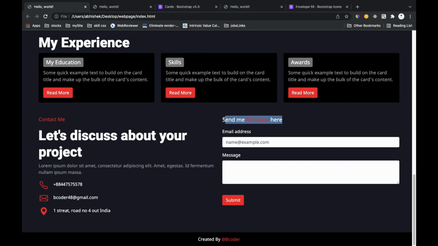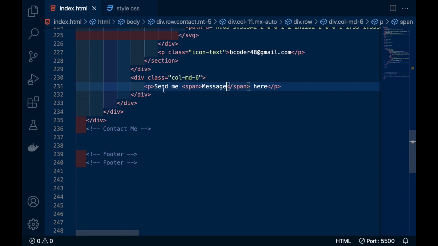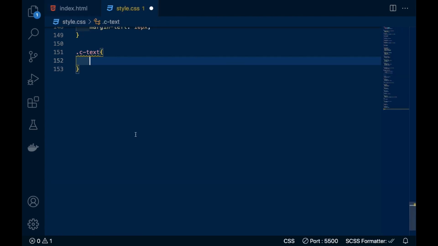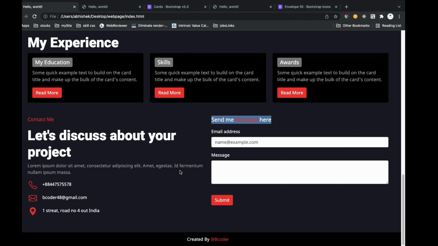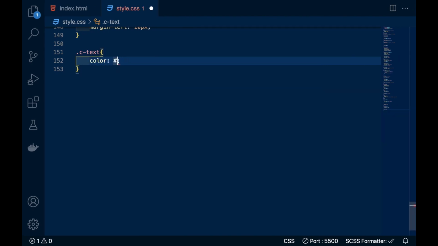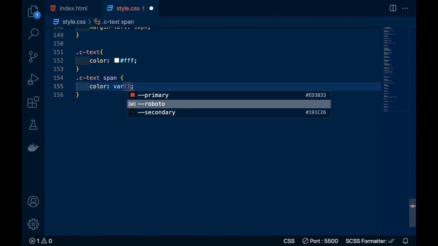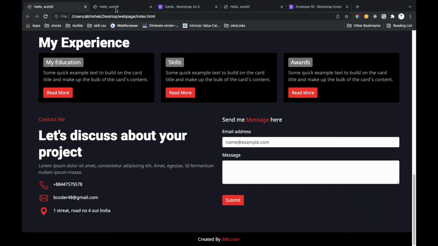So here I will write a paragraph and give it a span to change this color, and here I will write C. The color I am using is white, and inside the C text there is a span and its color is primary.